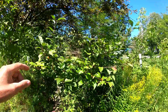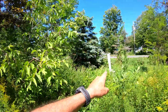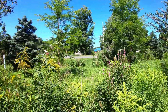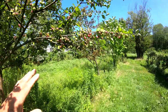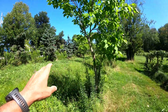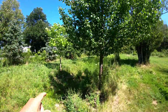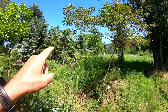Crabapple. I'm sorry, flowering crabapple. Another crabapple. Honey locust. Chestnut here. Flowering crabapple. Honey locust. Honey locust. And where are our nut trees? Another crabapple, catawba, another catawba over there, honey locust here, Chinese chestnut here, flowering pear here, catawba there, crabapple, butternut, pecan,